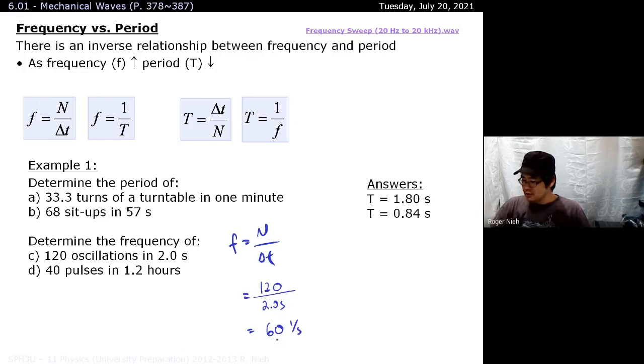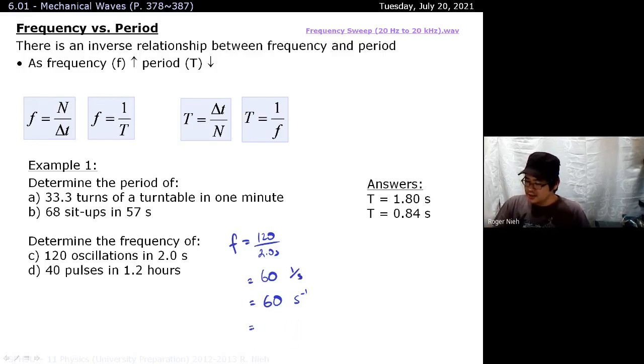All right, which could also be represented by, and let me just put up some more space for this because that's getting kind of crammed up there. Yeah, let me just use this guy over here. So 120 over 2.0 seconds gives you 60 1 over s. Well, 1 over s is the same thing as s to the power of -1, but those two nomenclatures aren't often used. Instead, we commonly use the reference of hertz. Okay, so 1 over seconds has the same meaning as s to the -1, which today we'll call a hertz,